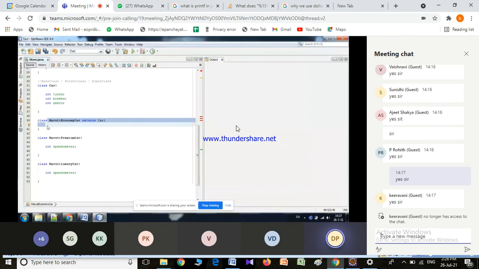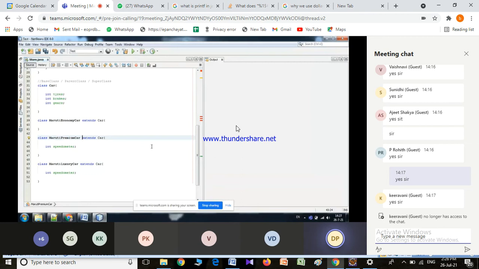So I am extending the basic car and creating my economy car. This is called extension. So extension or inheritance is data sharing.